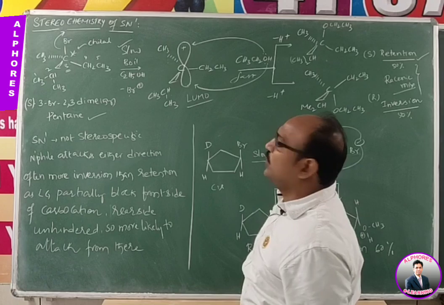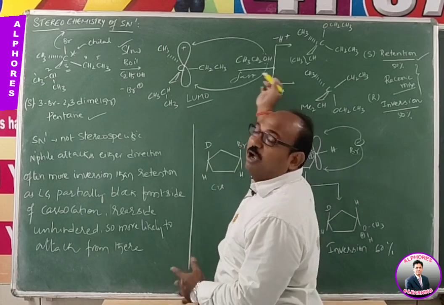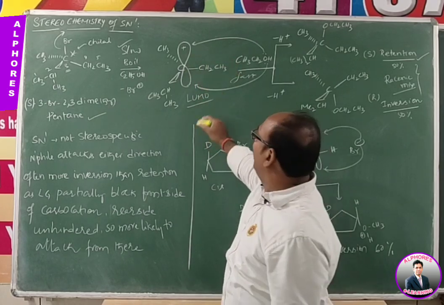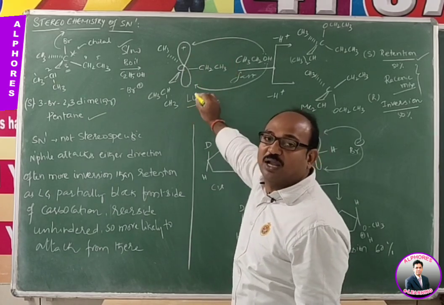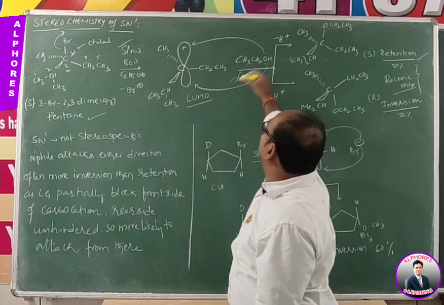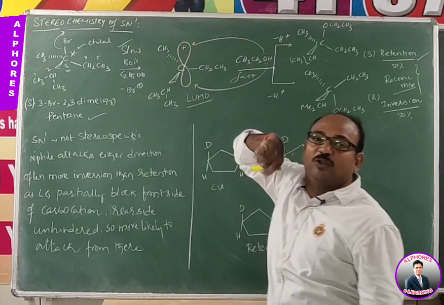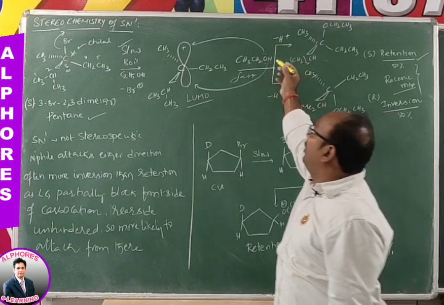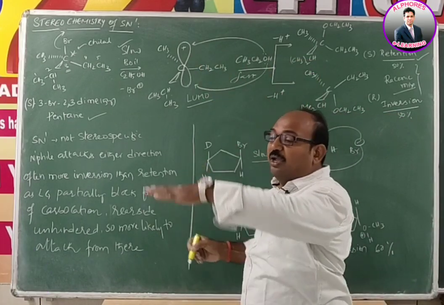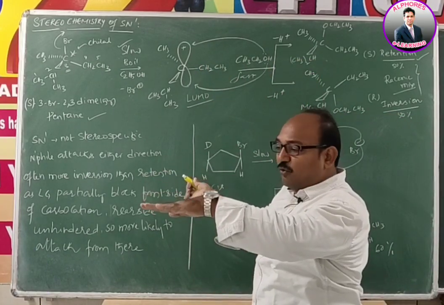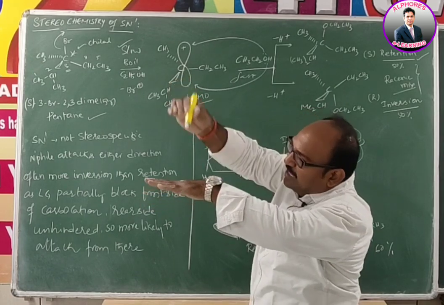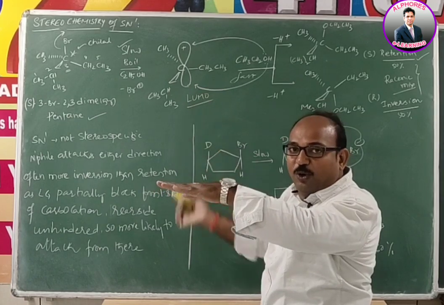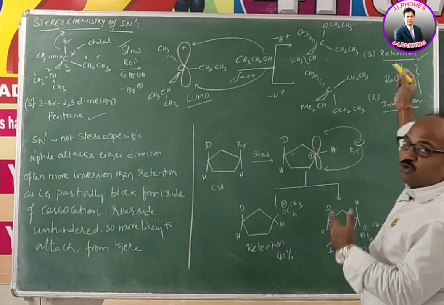The same we can also explain in HOMO-LUMO molecular orbital terms. Here the empty p orbital is the LUMO, the lowest unoccupied molecular orbital, and the lone pair of oxygen that is going to be donated is what we call the HOMO. It can be donated in either direction, above or below the plane. So the nucleophile approaches either like this or like this. From either direction the nucleophile approaches, and as a result you get two products.